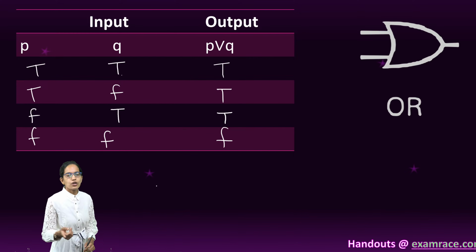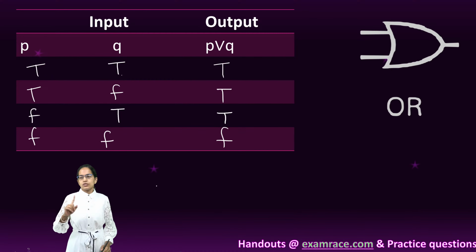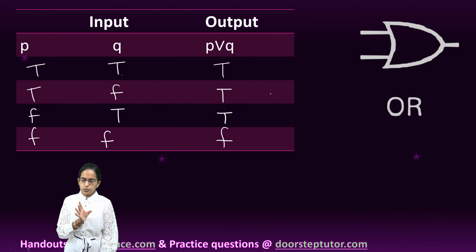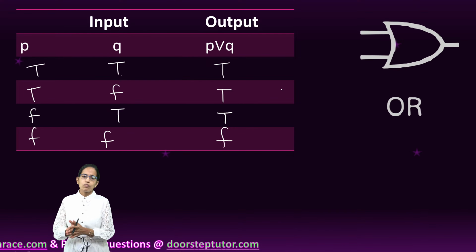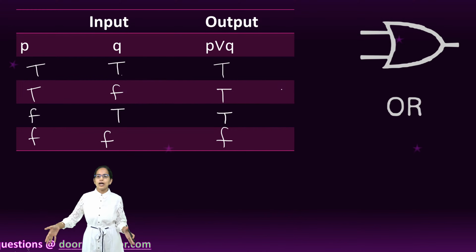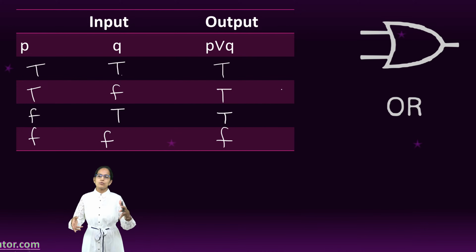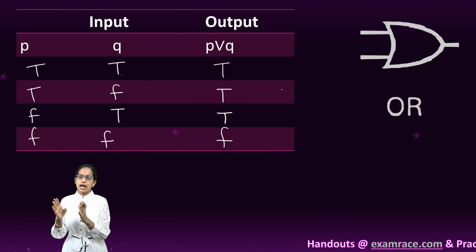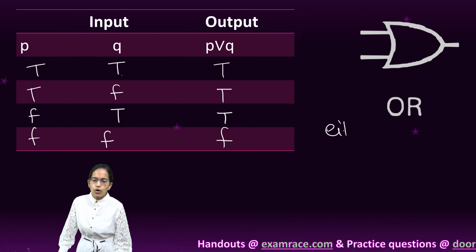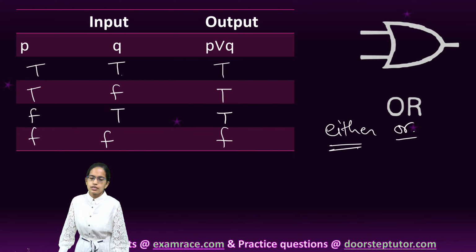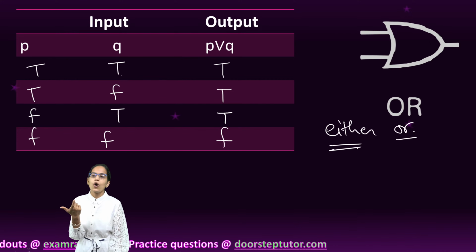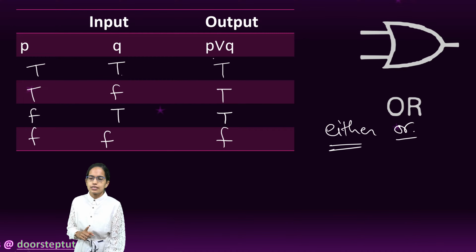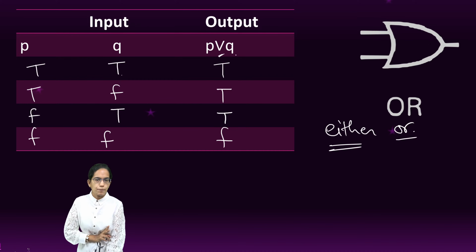So, either do your homework or you get a punishment. So, it is an either or. If either of them is true, then the output would be true. If one of the clauses is true, then the output would be true. Okay, so that is how we understand the input. Either or is the best way to understand the logical formation for this scenario, and this is represented by OR, and the symbol we use between P and Q is the upright V.